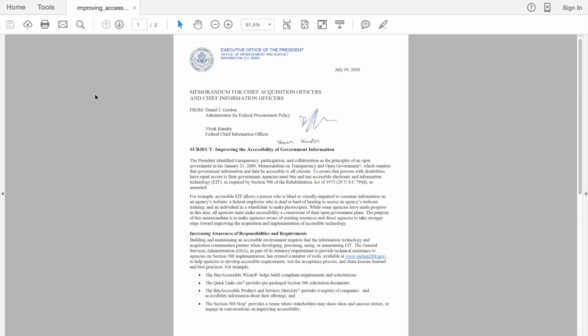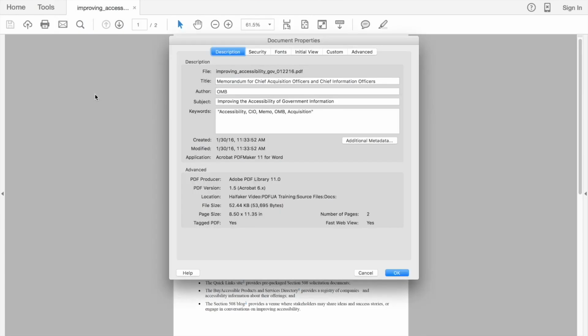To mess around with the document properties in Acrobat, go to File, Properties, or just click Command and D. The Document Properties dialog box appears. At the top, we have a row of tabs to choose from. The ones we'll be using for this tutorial are Description, Initial View, and Advanced. As you can see, all the properties we've added from Word have been provided when we export it, making life much easier for us. The first thing I want to change is the author.